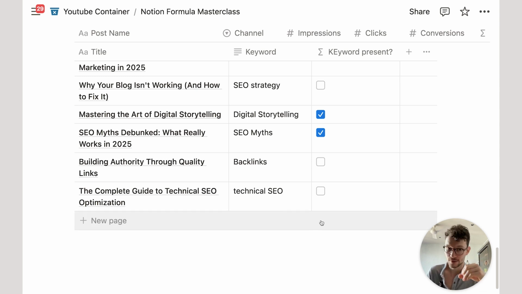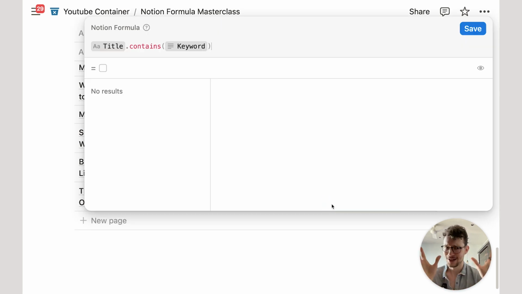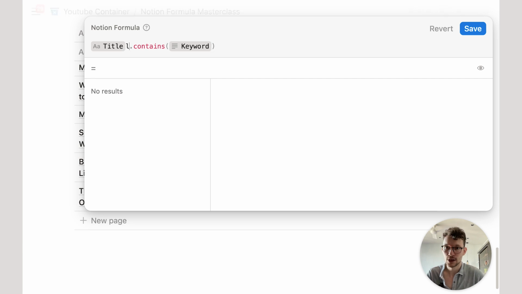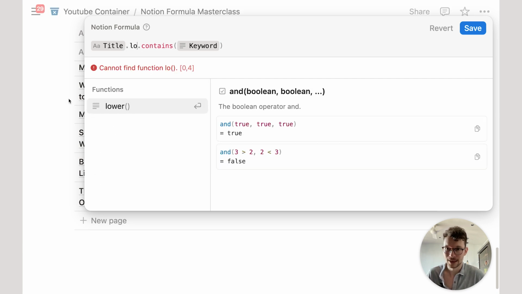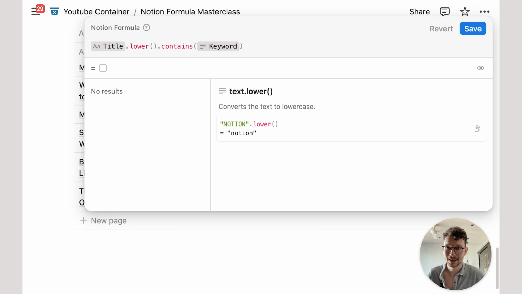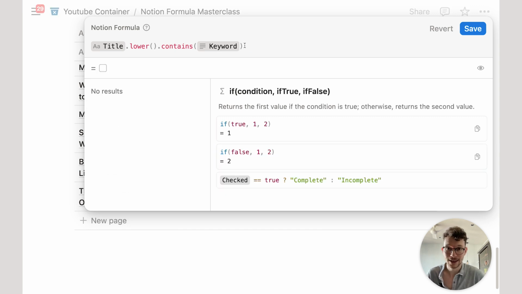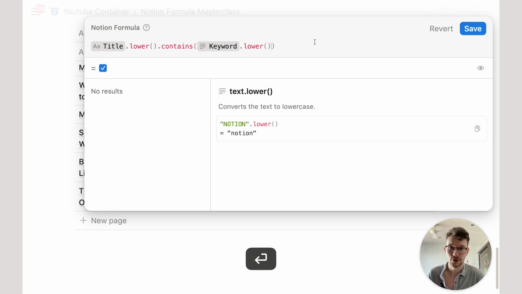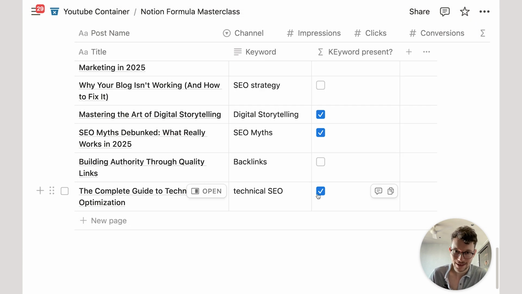Now, sometimes you want that, right? Sometimes you want to make sure that it's spelled exactly this way, but sometimes you want to just check whether it's present in general. The easiest way to ensure that is to use another very niche string operator that you can use to make everything lowercase or uppercase. So in order to do this, before we do our comparison, let's go in here and say the title should be lower. This converts the whole text to lowercase. And our keyword, in case we have our keyword spelled differently, we're going to also turn this to lower. Now, if we do this, we see that this also results in true because we have in both cases